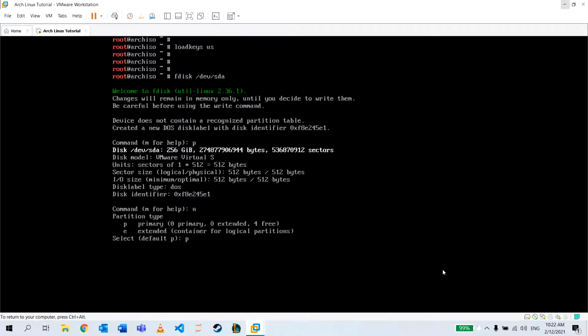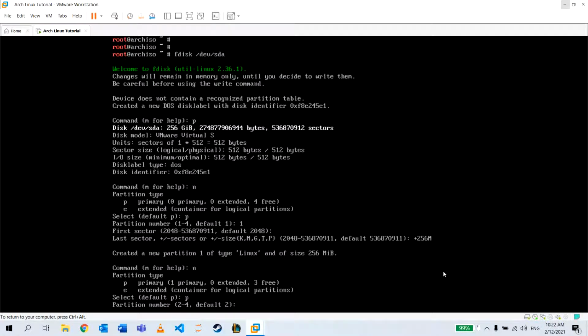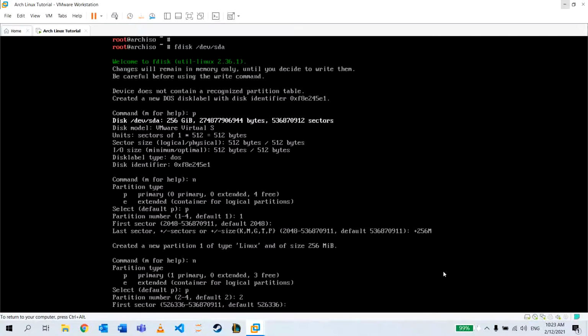p for primary partition. The partition number is 1. First sector doesn't matter. Now this part, the last sector, determines the size of the partition we're creating. So here I'm gonna put it 256 megabytes, like this, and it's done. It's created. Now for the 3 remaining partitions, you have n for new, p for primary, partition number 2, default